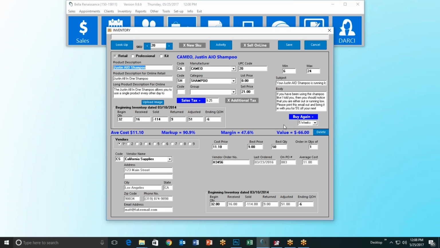So I'm going to choose maybe 5 weeks because I'm not the guy that honks the horn the second the light turns green. I want to give them an opportunity to come in and buy. So that's why I chose 5 weeks, and I wrote my subject: Your Just an All-in-One shampoo is running low. And my body: if you've been using the shampoo like I told you, then you should notice that you're either out or running low. Please print this email out and bring it in with you for 5% off your next